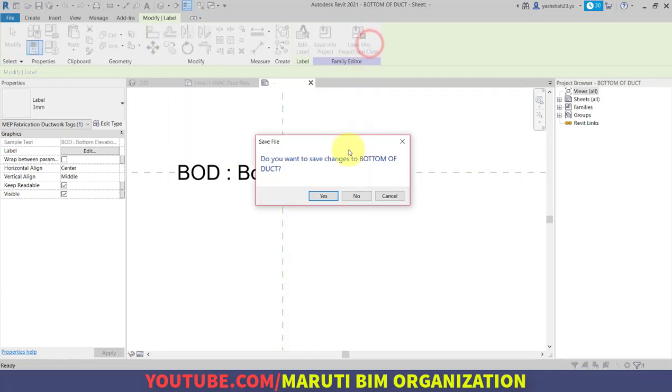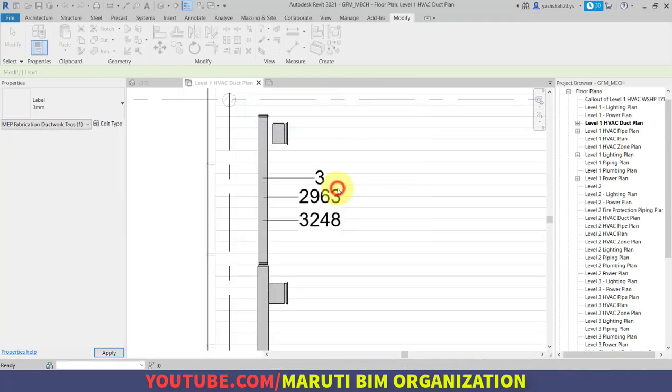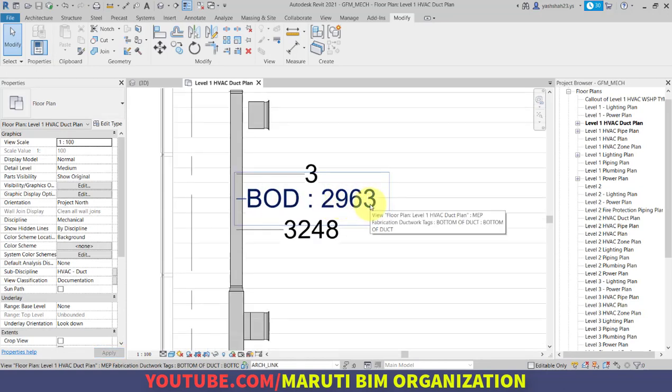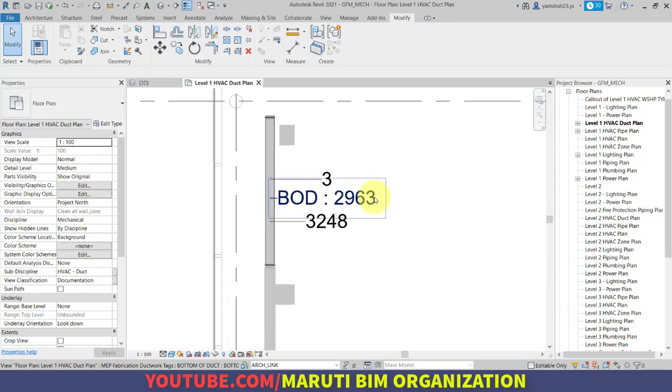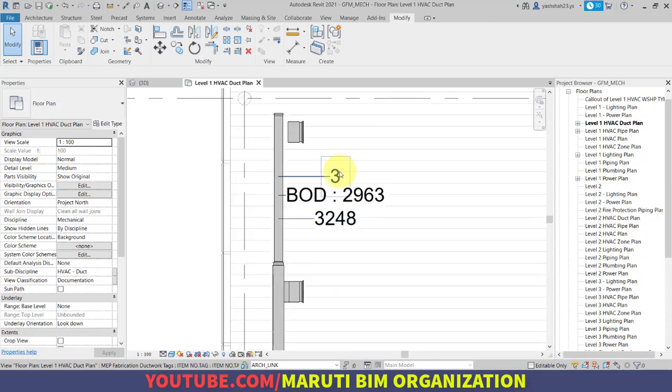Now load into project and close, save the changes and yes, and overwrite the values and parameter. So now as you can see, bottom of duct is 2963 millimeter from the zero level, and this is the duct length, and this one is the item number.